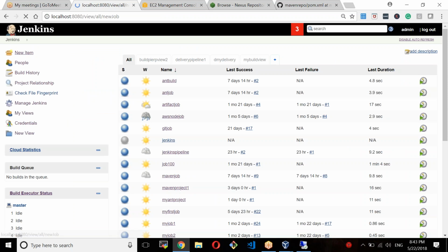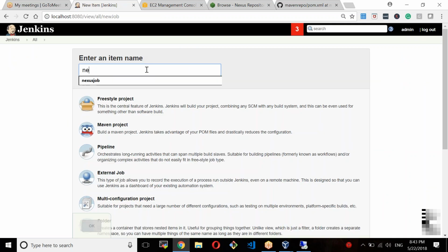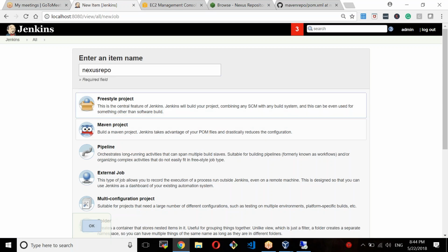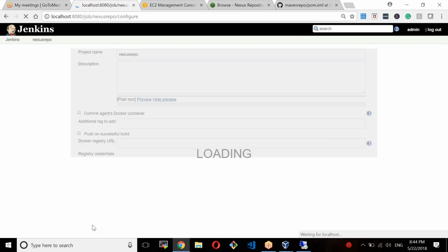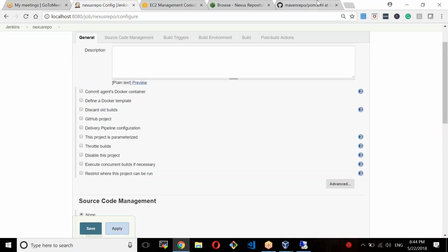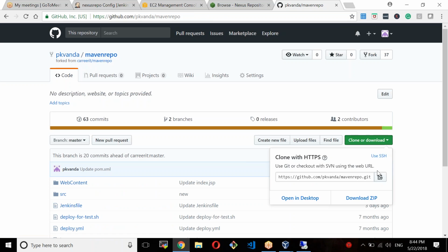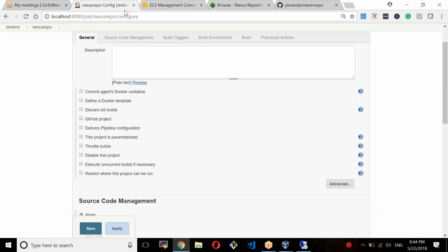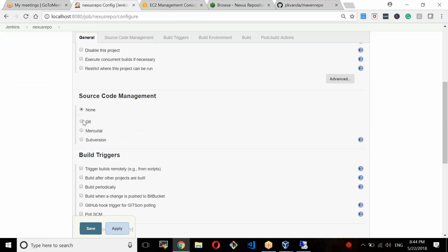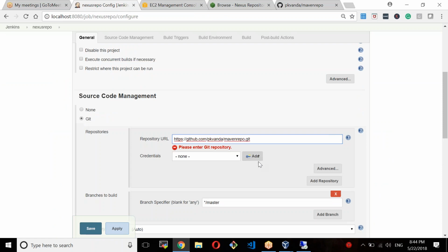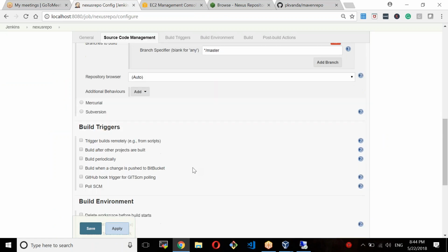We'll create a job. Okay, I'll call it Nexus repo freestyle. Okay, so this is our project, right? So we'll go to our project, copy this project. We are going to paste the git URL, and